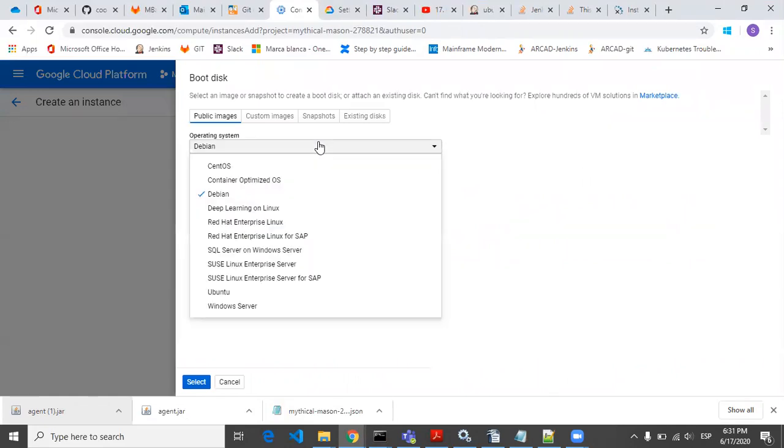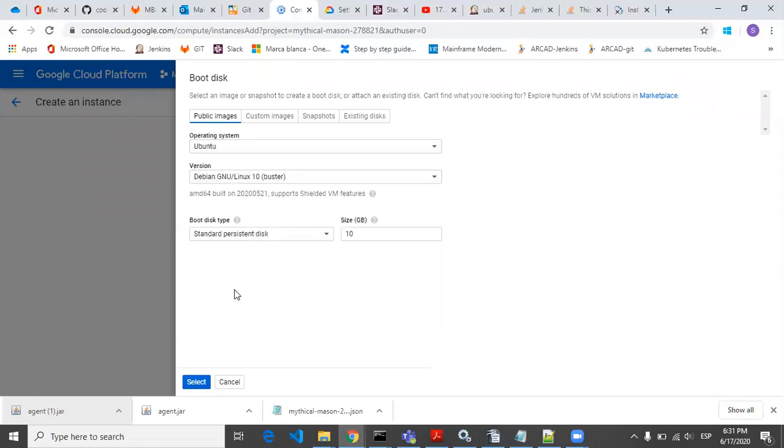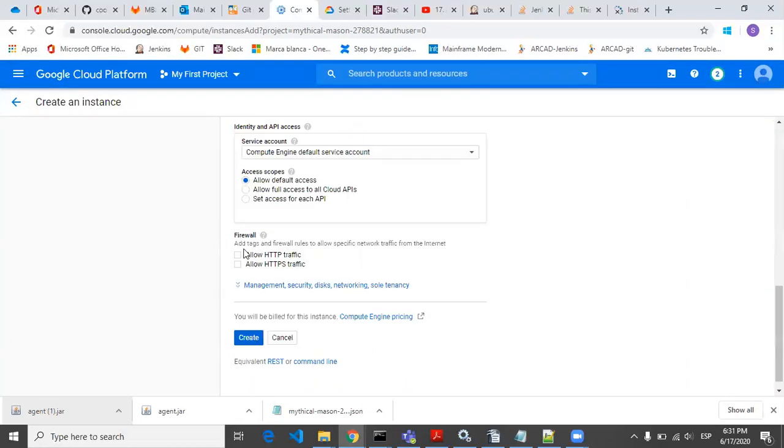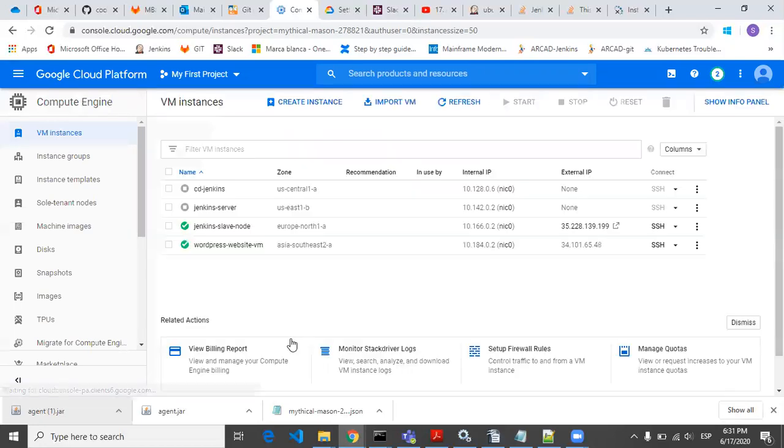Here I can see a lot of operating systems are already available. So I have chosen the Ubuntu operating system, but now I'm not selecting because it's already created. Then I clicked allow HTTP traffic, allow HTTPS traffic and created. This way you can create your instance. So this is the Jenkins slave node created.